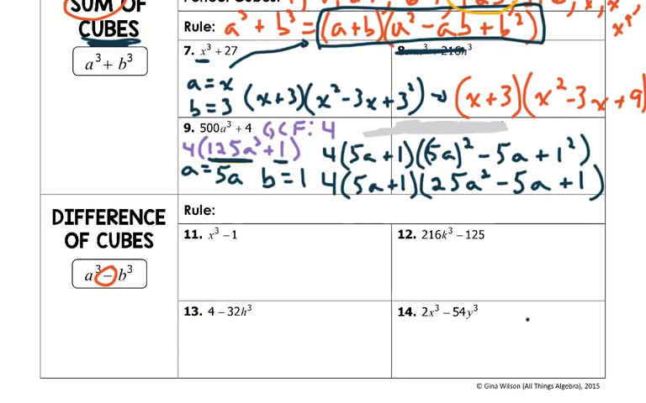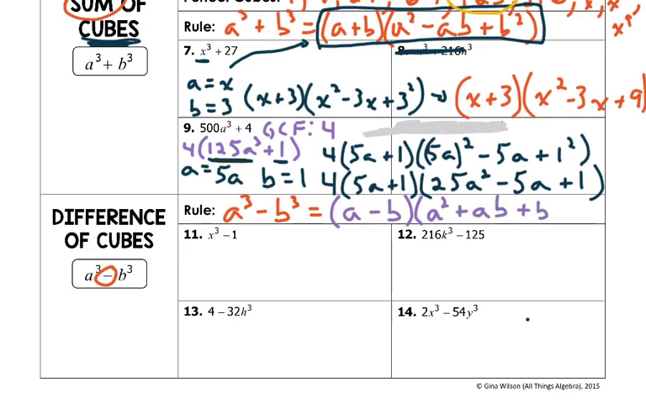So let's go with this first one here. We have a difference. We have two cubes. Let's write our rule out first. If we have a cubed, a perfect cube, minus another perfect cube, which we're calling b cubed here in our rule, we get our formula, and that formula is a minus b. If you look at the top one, it was a plus b. This is a minus b, and then everything else from here is positive. So a squared, almost identical, a squared plus ab